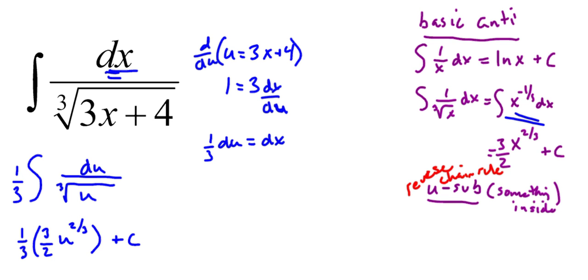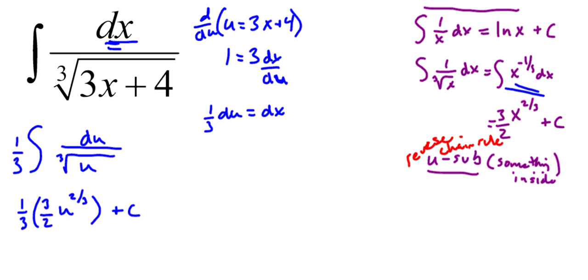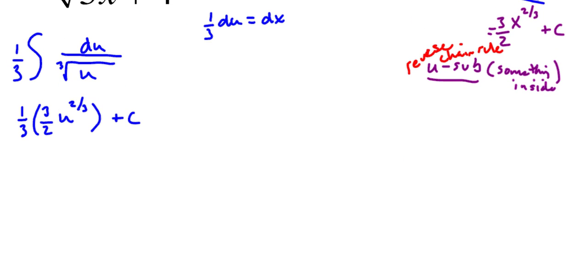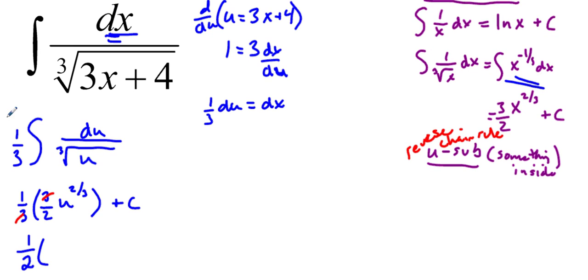Now, to finish up the u substitution, we're going to plug back in u. All right, and our u is 3x plus 4. So I'm going to simplify this a little bit. Cancellation, it's going to cancel out. So what we have then, for the tour de force at the end, we have 1/2 times, what was it again? It was 3x plus 4. So that right there, 3x plus 4, is what's going to be to the 2/3 power